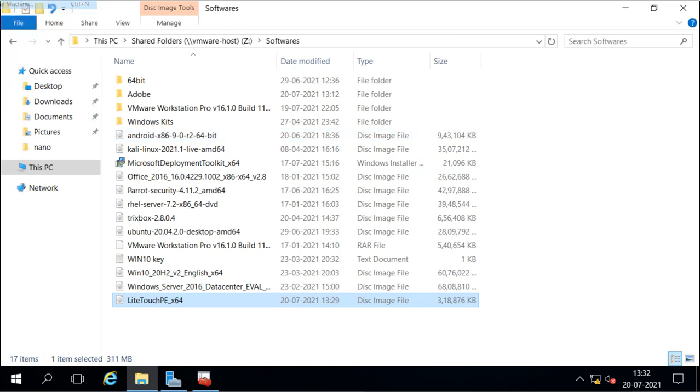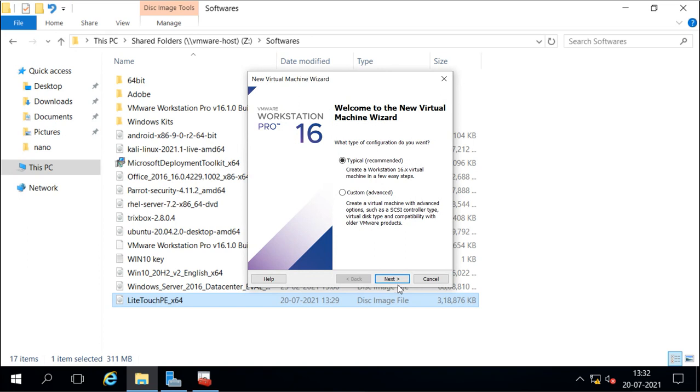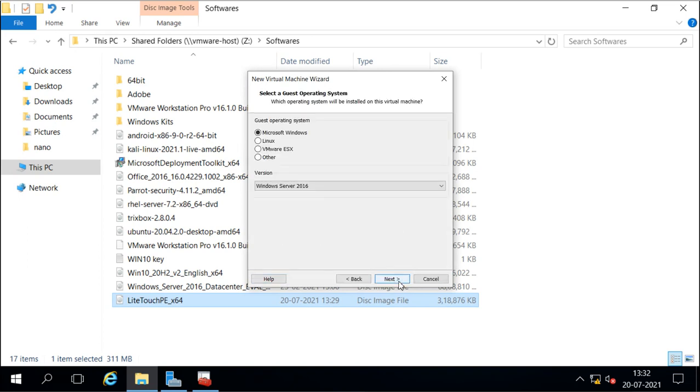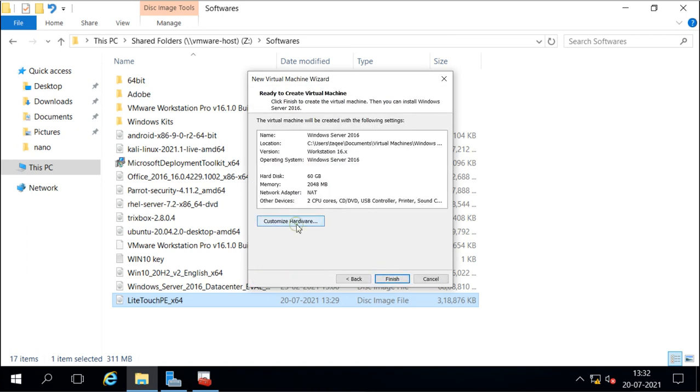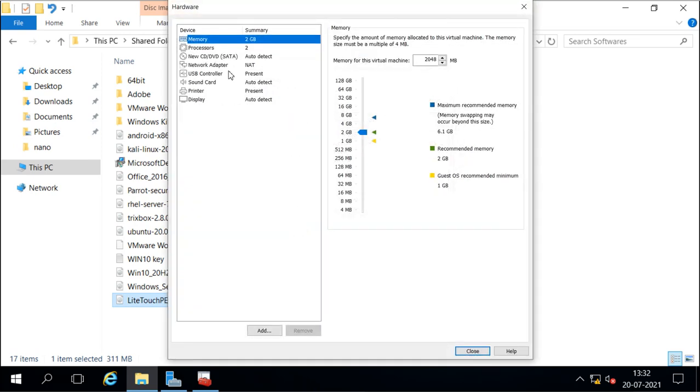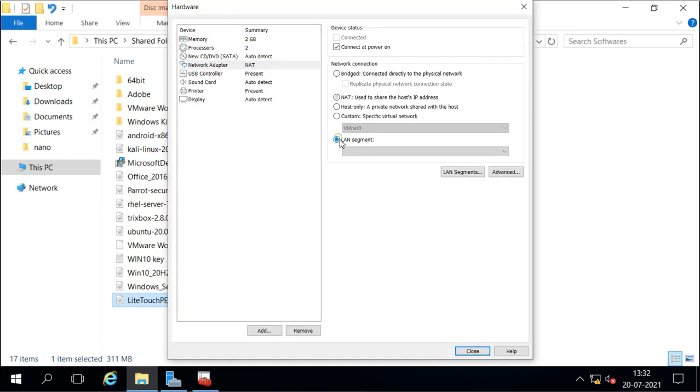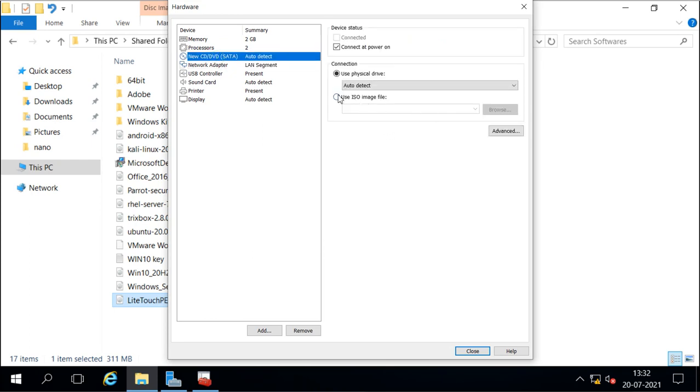So I will create a new 2016 virtual machine, and I will go to customize the hardware, and both the machines are in this LAN segment, and then I will use this option to select that file.